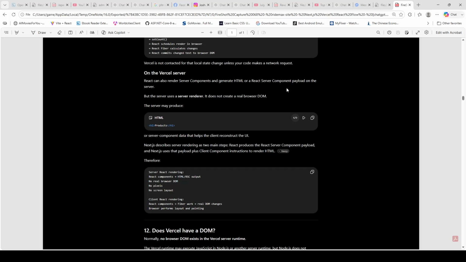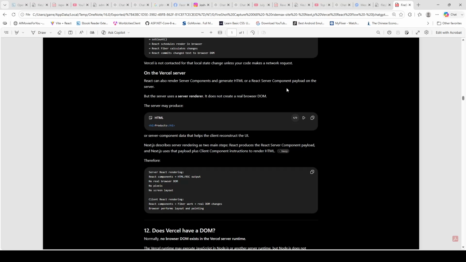In Vercel, it does that by having the Fiber generate the HTML and the React server component payload there. It's generated and compiled there, so that when the browser receives it, it already has the HTML and the necessary logic, instead of having to wait for the client to import the library and then the necessary logic from other classes. But the server uses a server renderer.